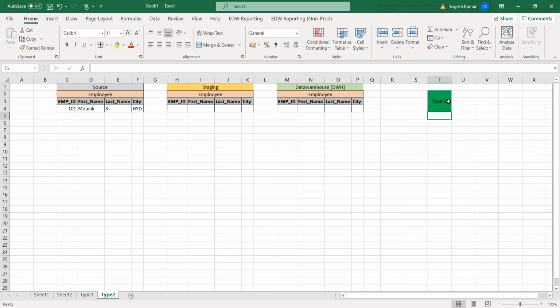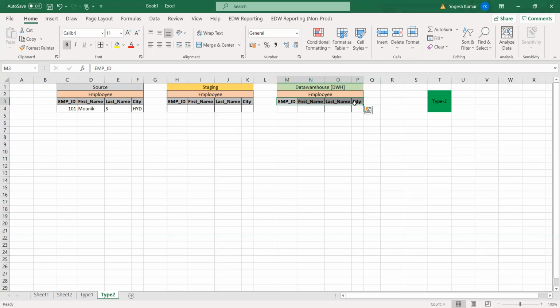So if we are working on type 2, it means whatever table structure we have in your source, in your staging, and in your data warehouse. Like in case of type 1, what was the difference in table structure? Was there any column difference between source and target anywhere? Was there any additional column, any fewer columns, extra columns? Did you see anything like that? No. Right? Okay. Here, in case of type 2, you will have 3 extra columns in the data warehouse.